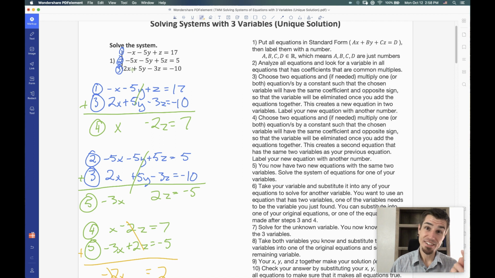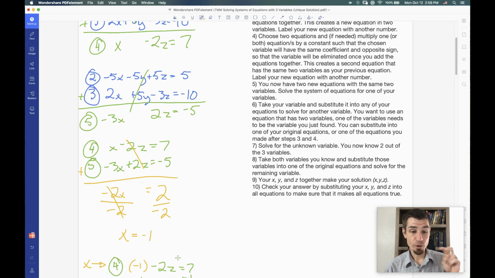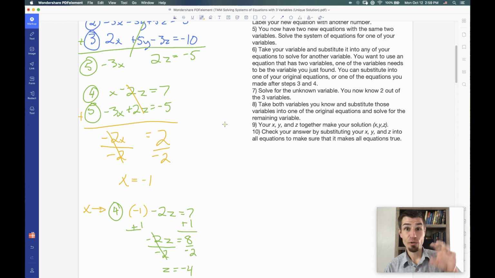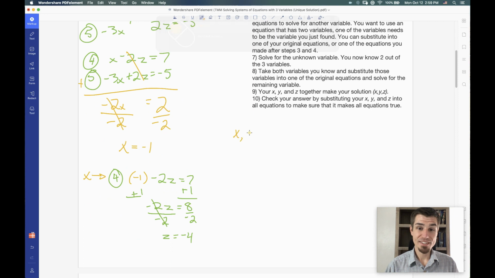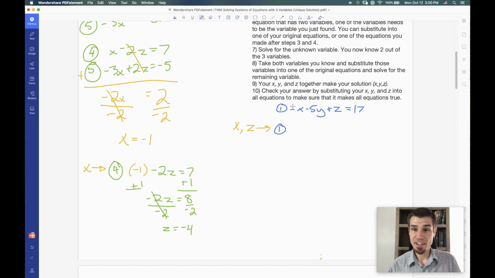Hey, we could just take the x and the z we have, substitute them in, and then we're just left with an equation with one variable, which is what we're trying to find, right? So that's what we're doing with step 8 here. We're taking both of these variables, x and z, and we're going to substitute those into one of the originals. I always try to just make my life the easiest. These 2 equations have coefficients with x and with z. If I can just multiply less, my life will be easier. I'm just going to choose one. So I'm going to take my x and my z and substitute it into equation 1. Just as a quick reference here, I've gone ahead and rewritten equation 1 right here